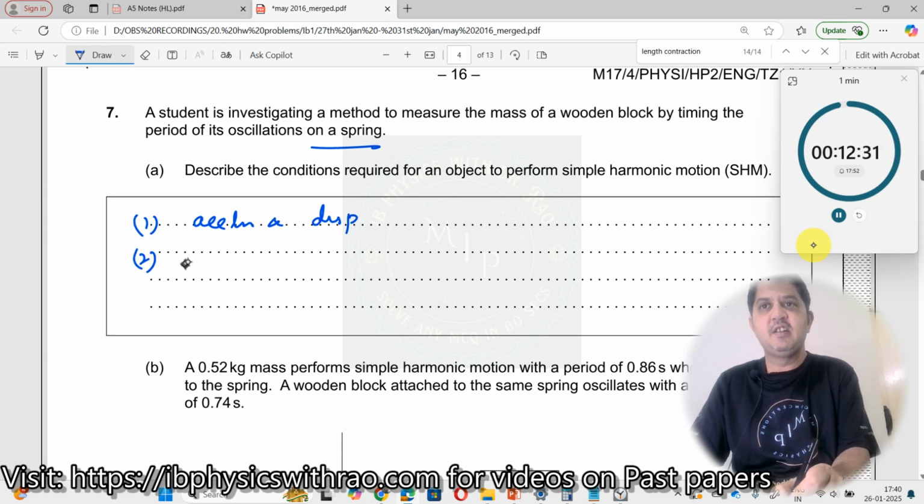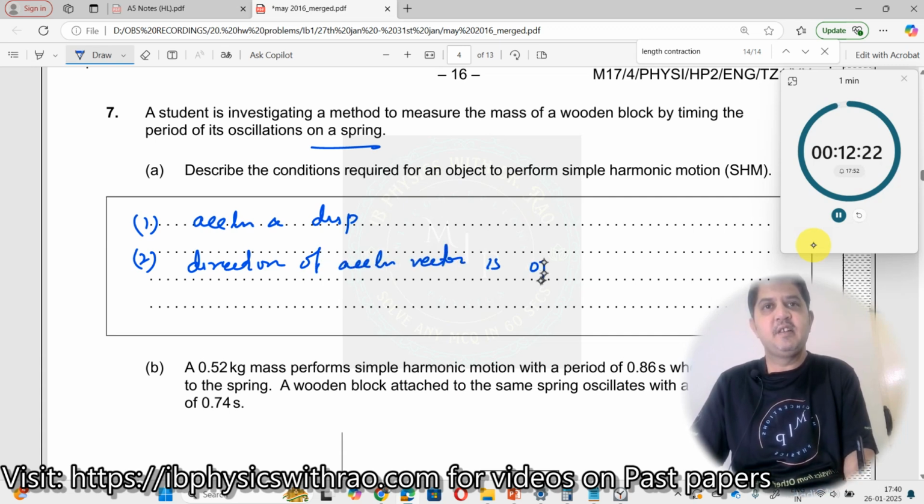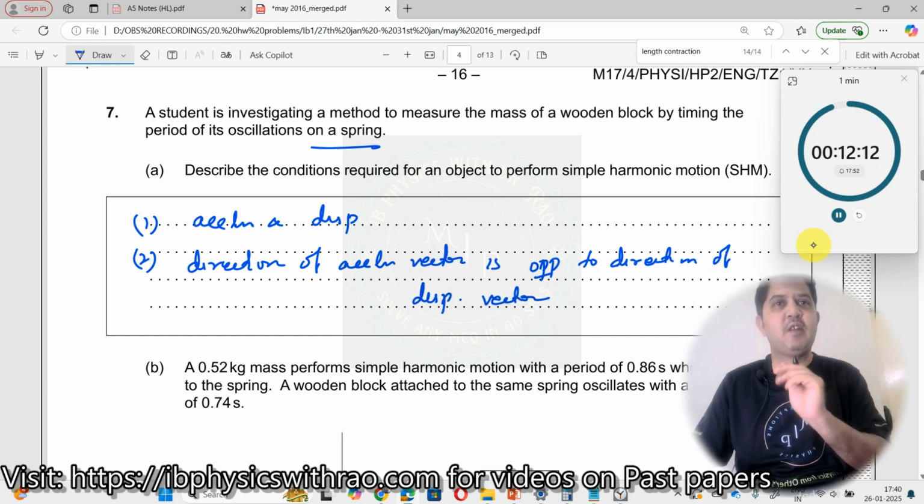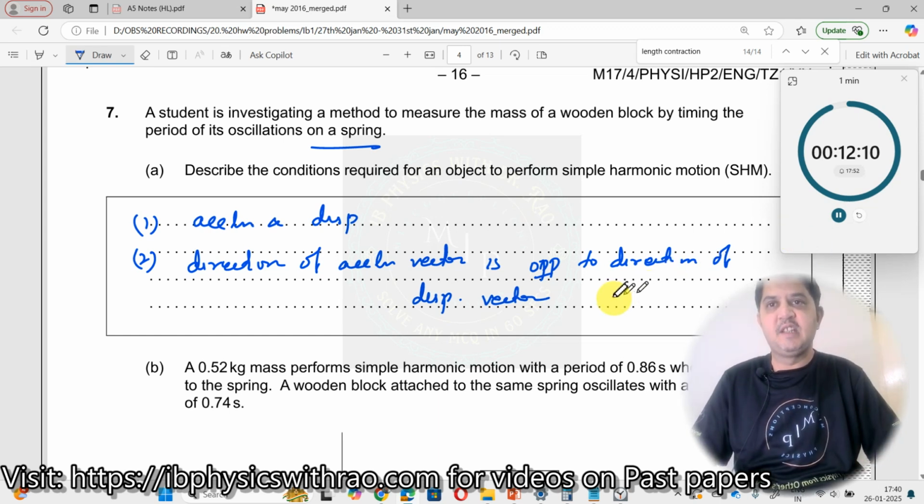Second condition, the direction of acceleration vector is opposite to the direction of the displacement vector. Okay, these are only two conditions required. Then next one,